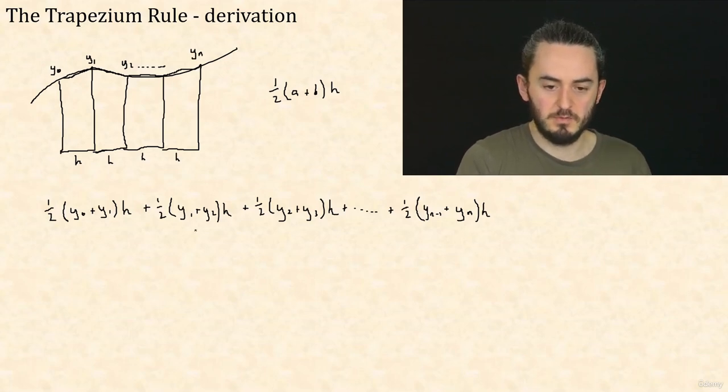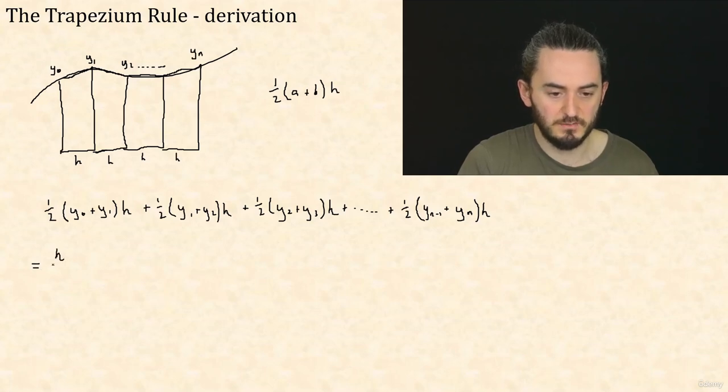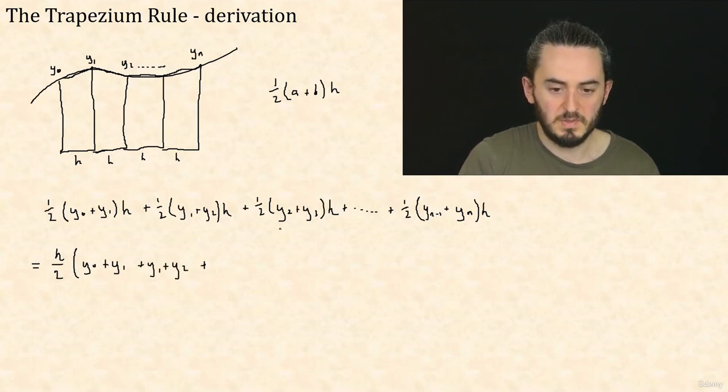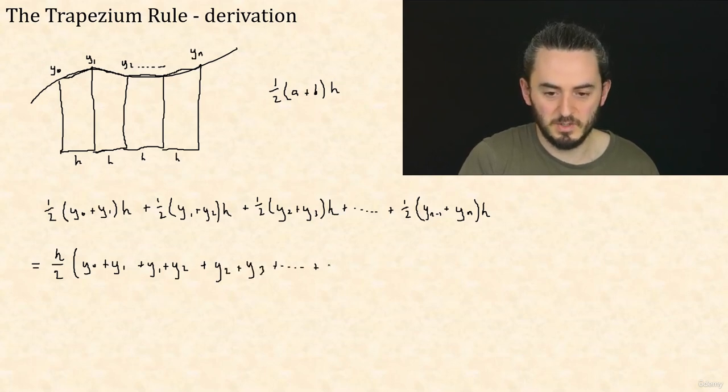So can I simplify this? Well, yes, I can, because look, I can factorize out half h. I'll write that as h over 2. And what am I left with? Well, I'm left with y0 plus y1 plus y1 plus y2 plus y2 plus y3, all the way up until the last one, which was plus yn minus 1